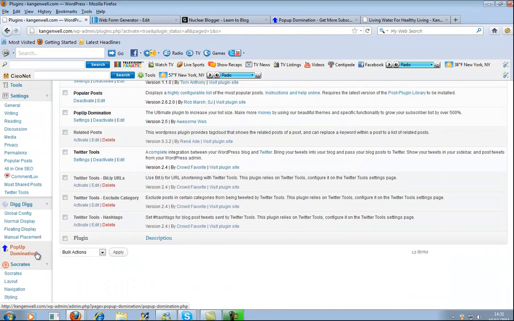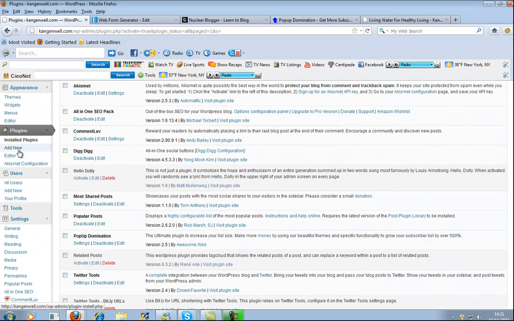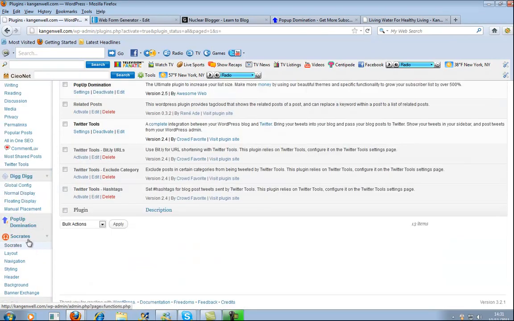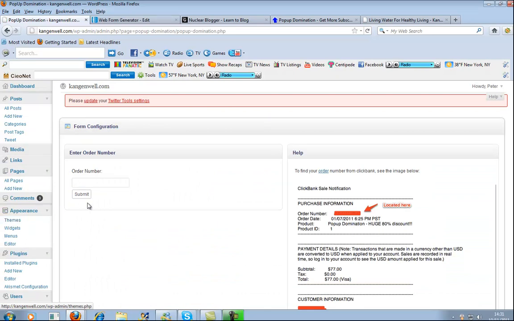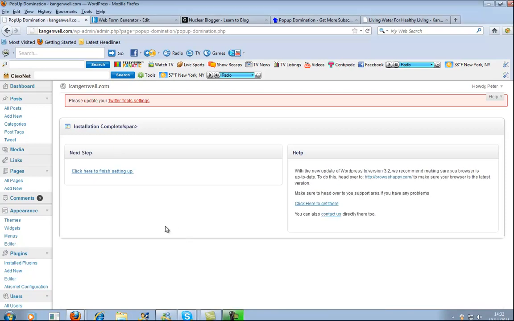and then we need to go down to Pop Up Domination on the dashboard just to set it all up. Now you need to place your order number. You would have bought this product from ClickBank, so you need to set your order number up and then submit and then go to the next stage. I'm just going to do that, but obviously you're not going to see my order number. So once you've done that, then you just go to click here to finish setting up,